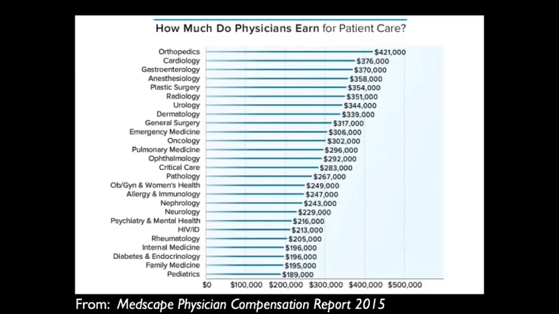Okay, now let's actually look at some empirical figures. On the screen right now, I have a figure that shows you roughly how much physicians in different specialties make. To start with, I'm just going to highlight the top earners. The top earner is orthopedic physicians. So these are people who specialize in bones. Orthopedic physicians make about $421,000 per year.